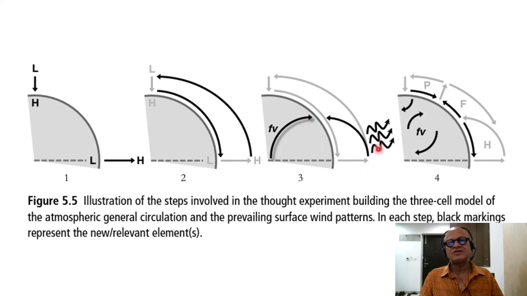Oops, let me make sure I'm doing this right. Why am I always screwing this up? So as the air is coming south, it's going to turn towards the east, and as the air is going towards the north, it's going to turn towards the right. So we are basically going to end up with northeasterlies and westerlies and polar easterlies,